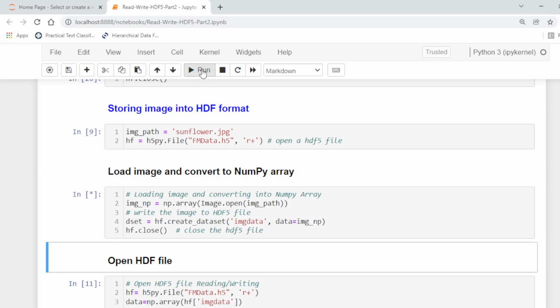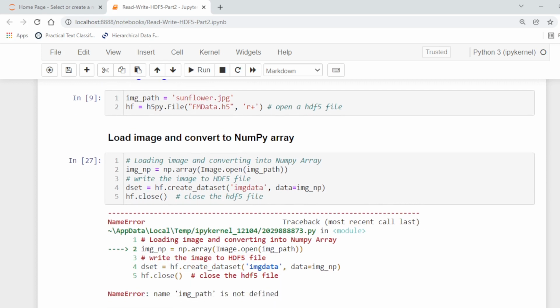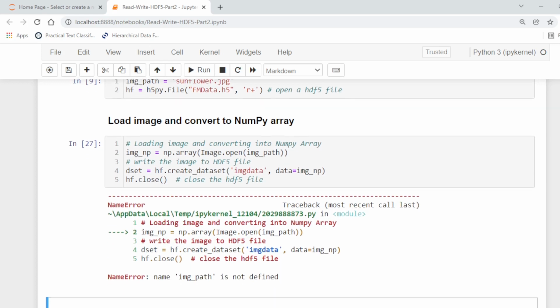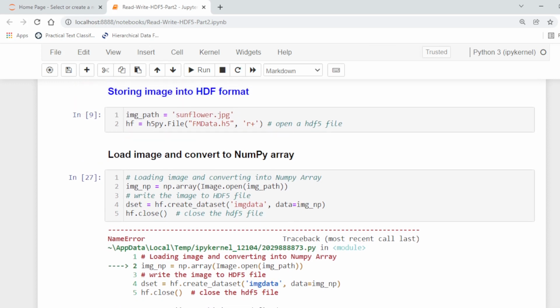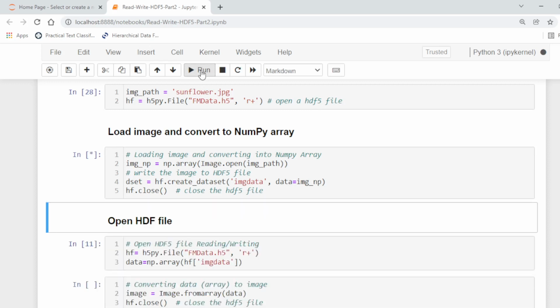Here the image path is given. Okay, to open the file. Now the image is stored in the HDF file.